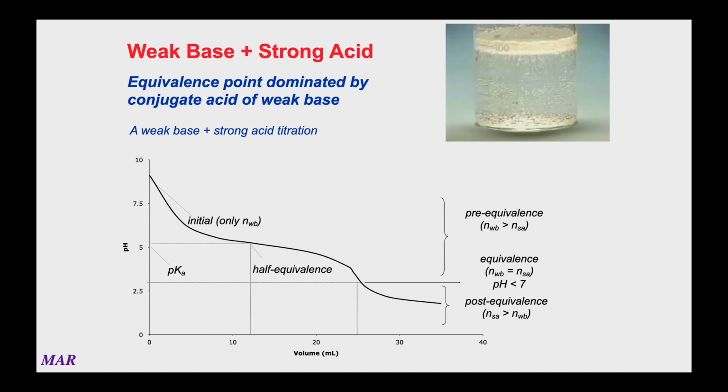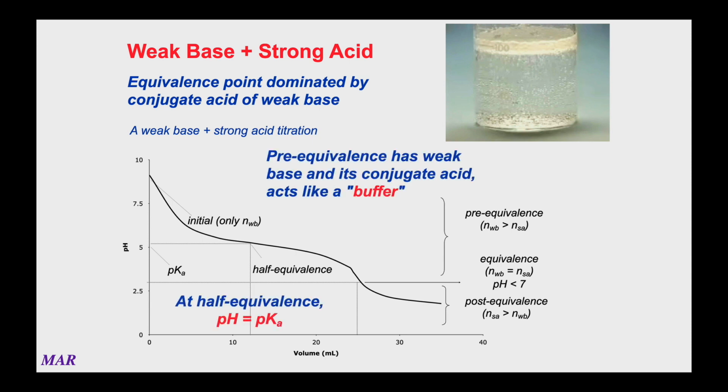Weak base plus strong acid titrations are similar to weak acid plus strong base titrations. The difference now is that you're starting at a basic pH, and as you add the acid in, the curve becomes more acidic. Just like with the weak acid systems, you will have an in-between buffer region where this gradual